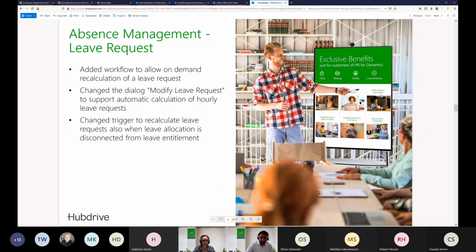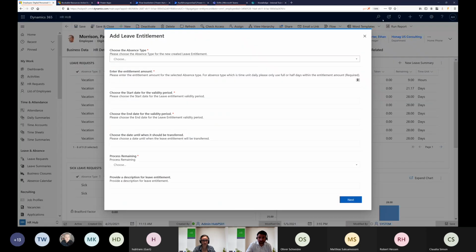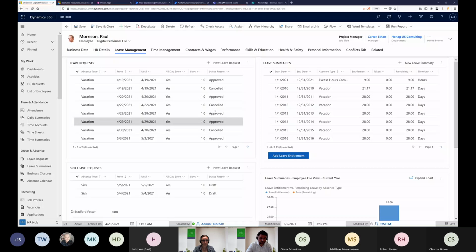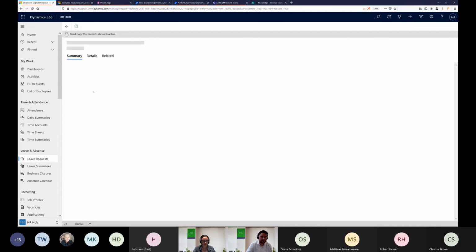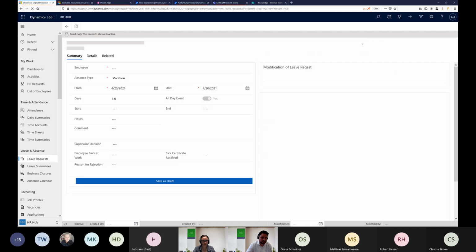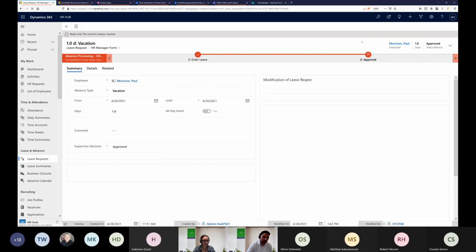We added a workflow, and I know some of you love this already, and I do it myself as well, to be able to recalculate leave requests without having to adapt it. What do I mean? Well, now I can open any vacation whatsoever. Any leave request doesn't have to be a vacation, to be honest. And I will be able to recalculate this without having to use